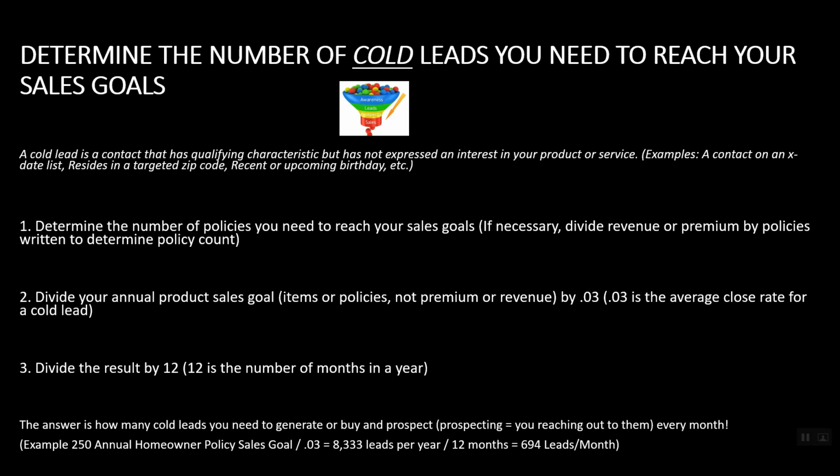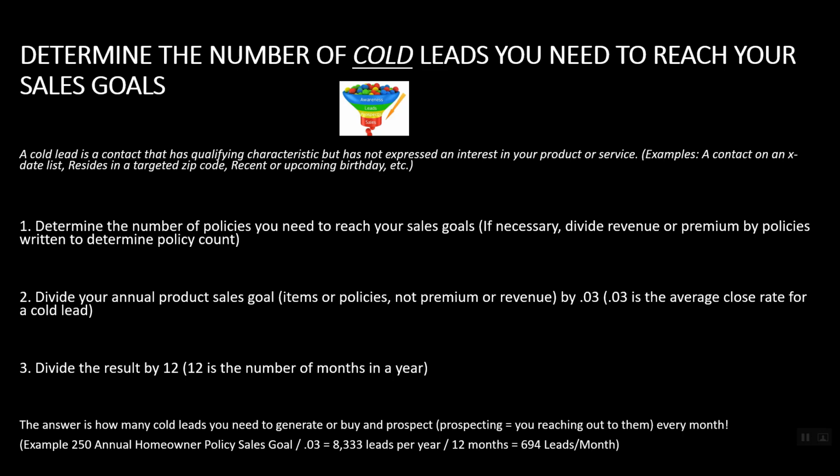Now, for some of you, you're freaking out because you maybe only get 12, 15, 20 leads. Here's the deal. This is a cold lead. So that means you can buy a prospect list that has 700 names on it. You can do a mailing to 700 households. You can make 700 cold telemarketing calls. The key is you've got to do something